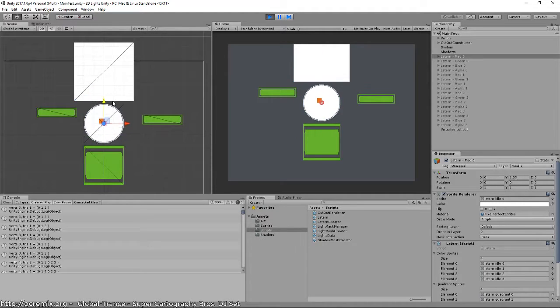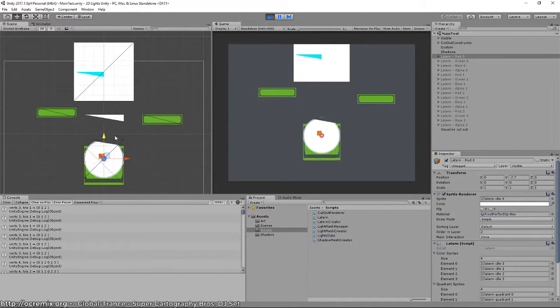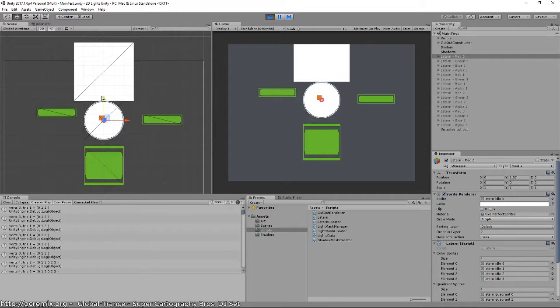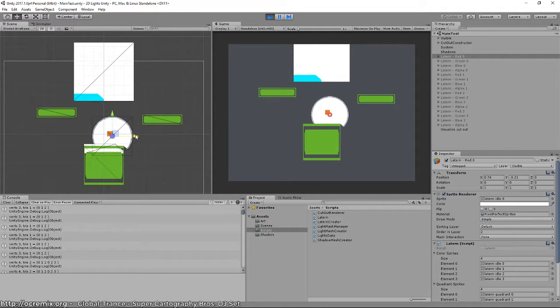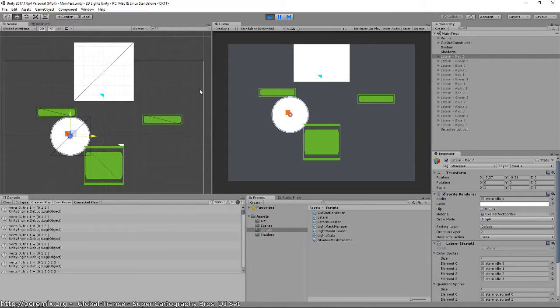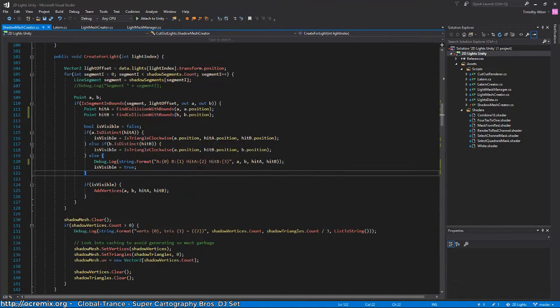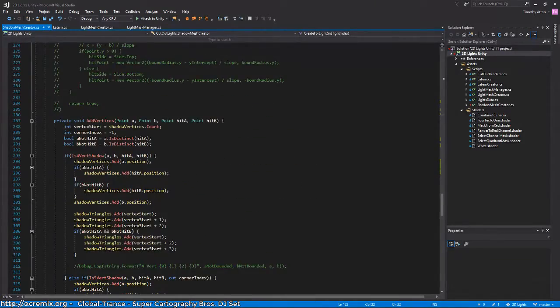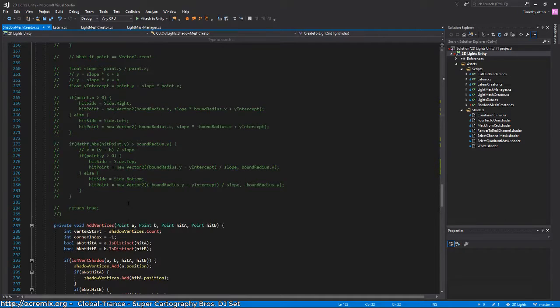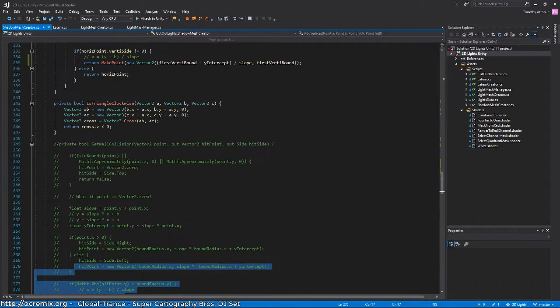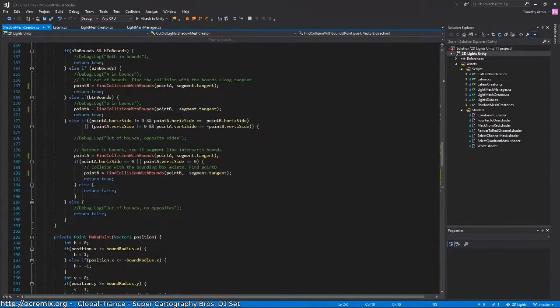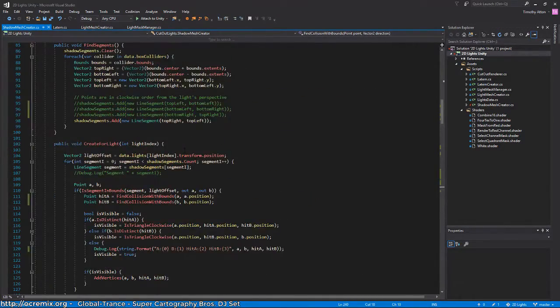Because basically if the light is on this side of the collider, we need to change it so these triangles aren't even drawn, so I don't care. Okay, that's good to see. So yeah, last time I was thinking that the problem was somewhere in this add vertices, but it turned out not. Alright, so